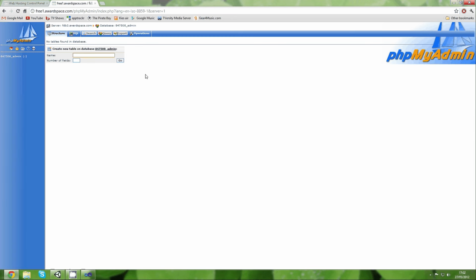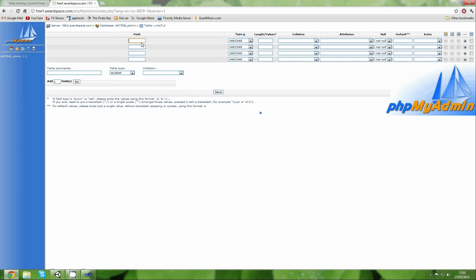So we're just gonna create a new table, call this unity tut for tutorial short. And fields, let's have an ID. Okay, so unique ID, which is 1, and then username 2, and password 3, and then name 4. So 4, go. Now we're gonna have ID, and this is going to be int, if I can find it,